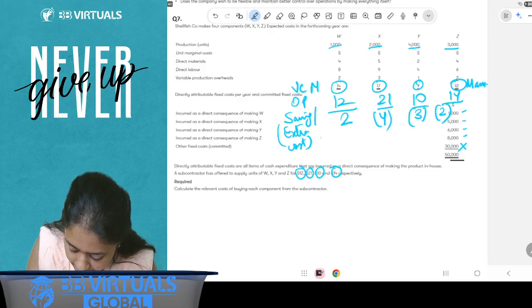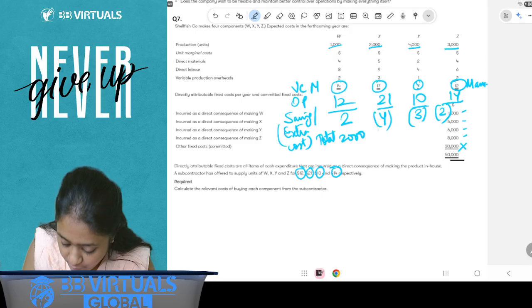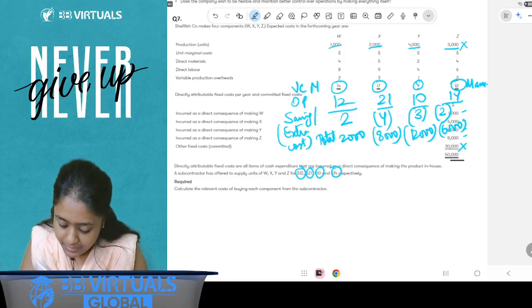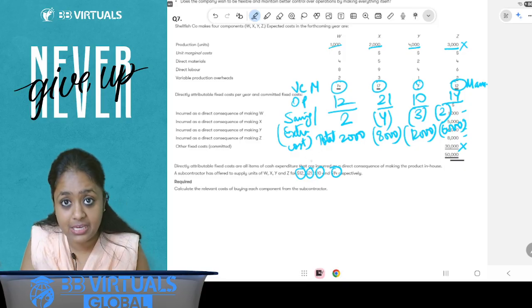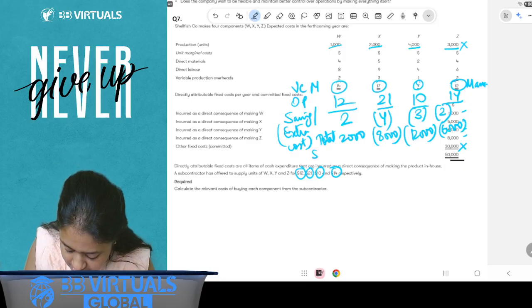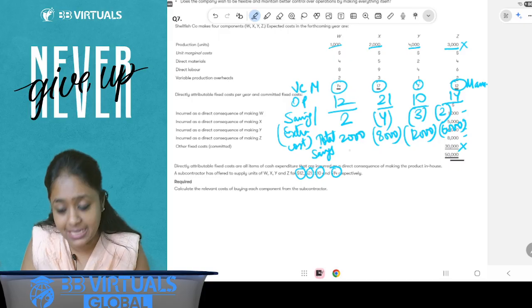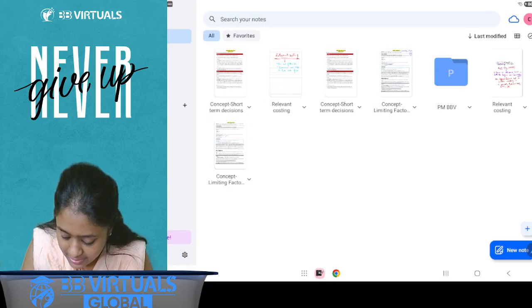So when you multiply it, my total becomes 2 into 1000, 2000 savings, 4 into 2000, negative 8000 extra cost, 3 into 4000, 12,000 extra cost, and 2 into 3,000, 6,000 extra cost. Now I will adjust the directly attributable fixed cost because that's a saving. So I will reduce it. In fact, with the savings, I can add it. W saving is